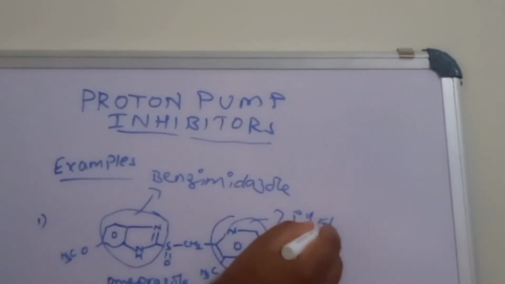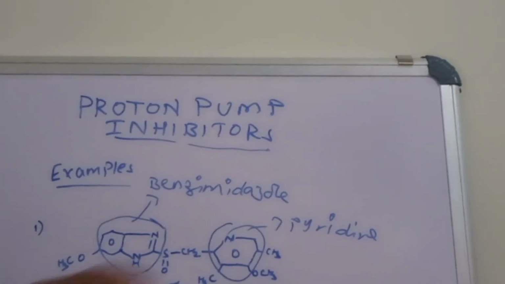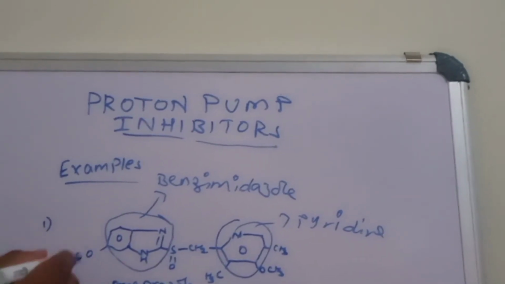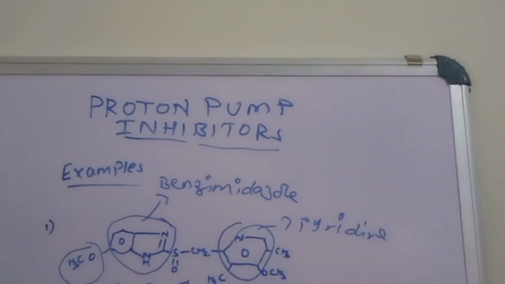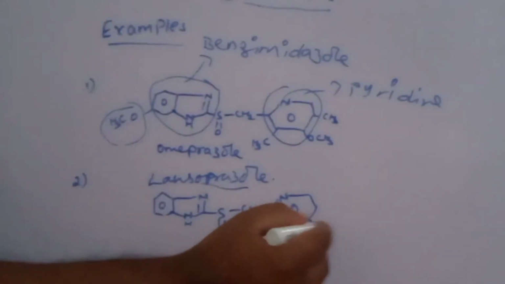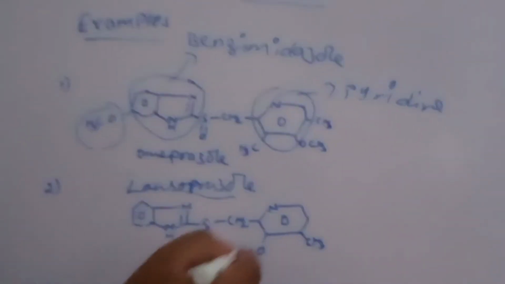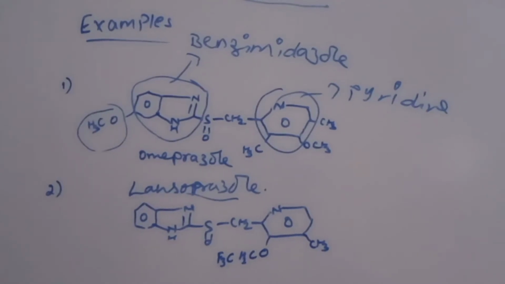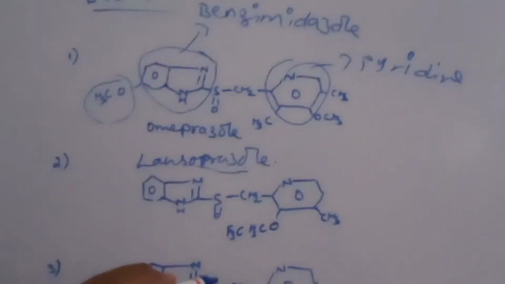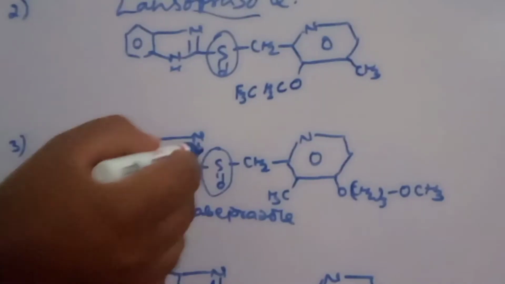So the substitution majorly varies in all the proton pump inhibitors at pyridine, very rarely on the benzene ring. On the benzene ring there is a methoxy group in omeprazole, whereas in lansoprazole there is no methoxy group, but on the pyridine various substitutions are present, especially fluorine groups. Means electron withdrawing groups are very important for the activity, and sulfoxide is also very important. These are all common points we can see in all the structures.